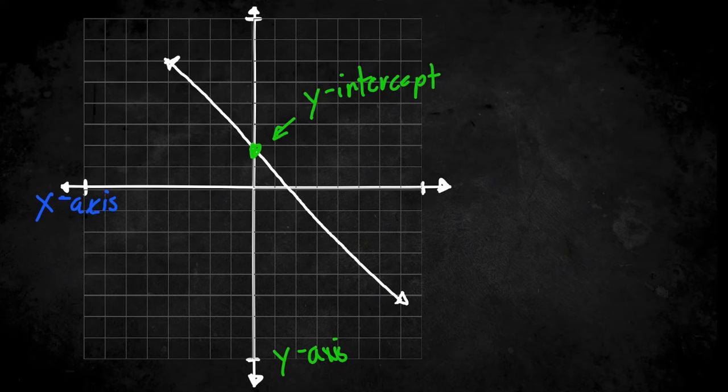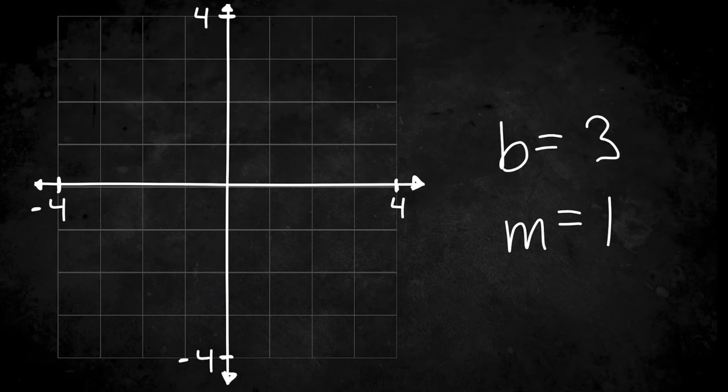Make sure when you're graphing an equation, you never mistake the y-intercept for the x-intercept, where the line goes into the x-axis. That is a very common mistake. Now that we understand a bit more of the intercepts, we can do a little exercise to help us graph